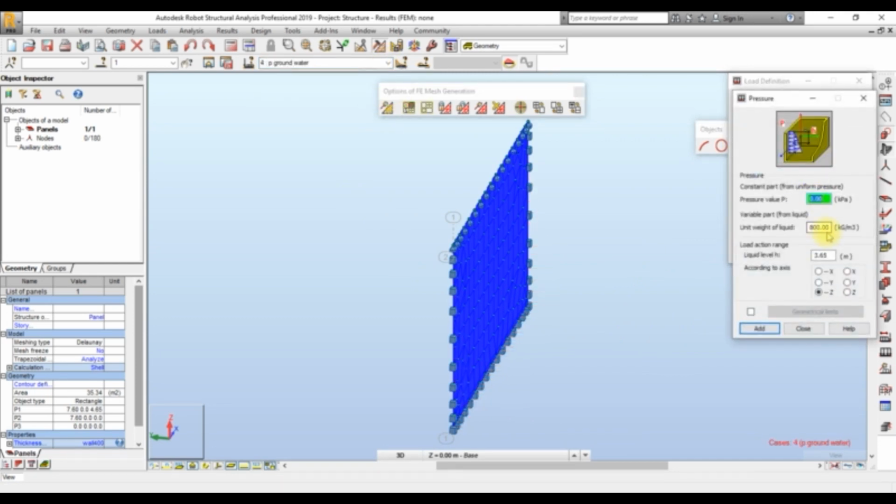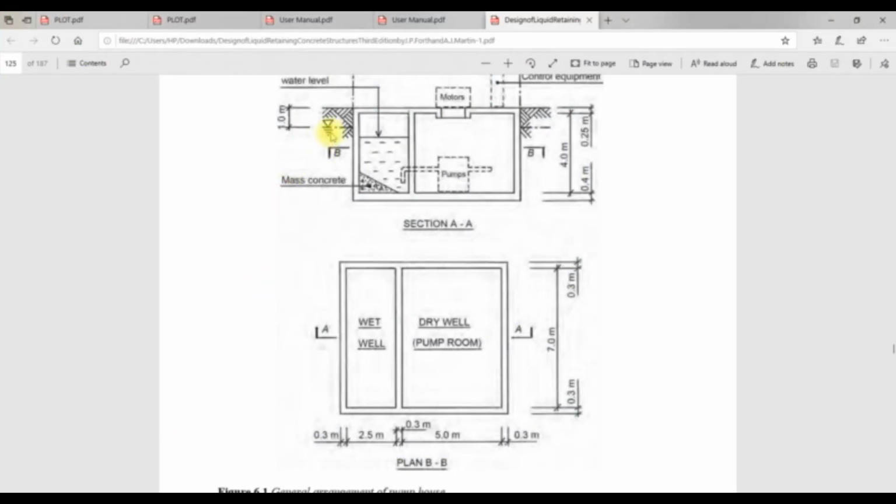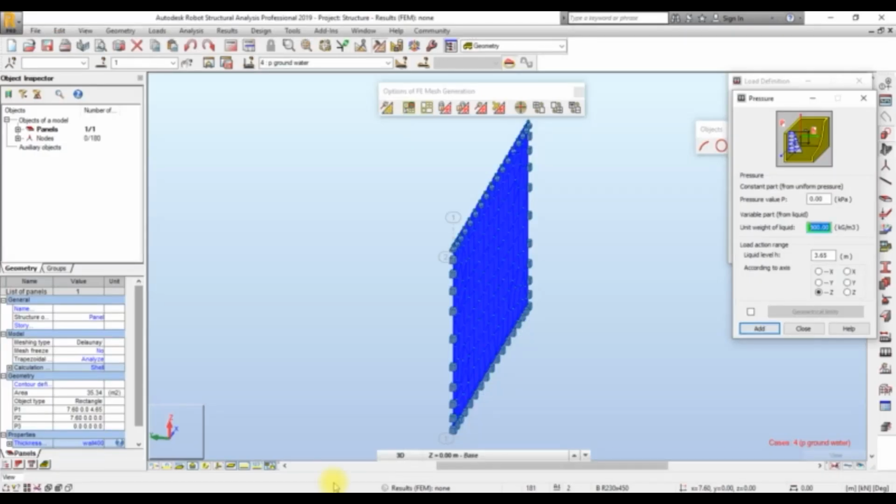I'll come here, still the same. So the groundwater, let me just see, still from here downwards, but I can just assume that all these pressures are acting downwards here for me to be on the safer side. So I'll just go back and delete those two loads, or I'll just apply the groundwater fully to it. Okay,